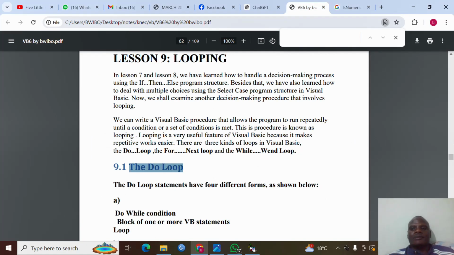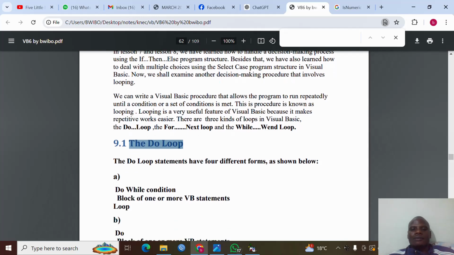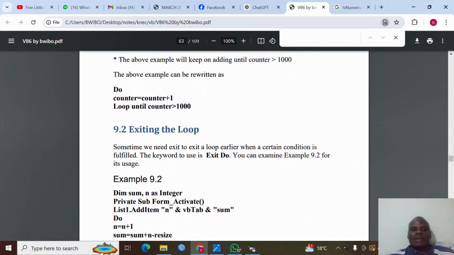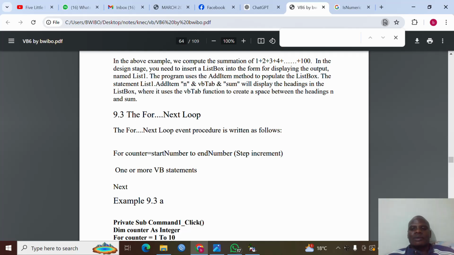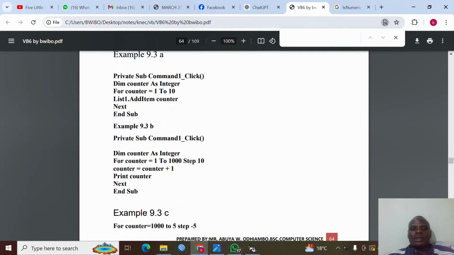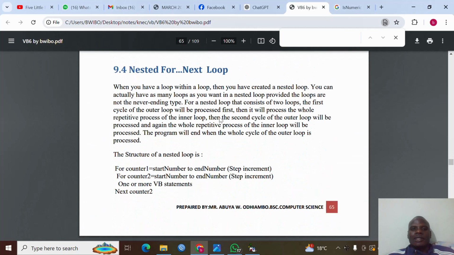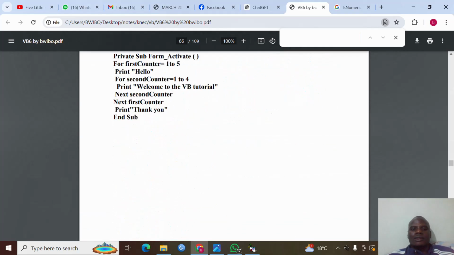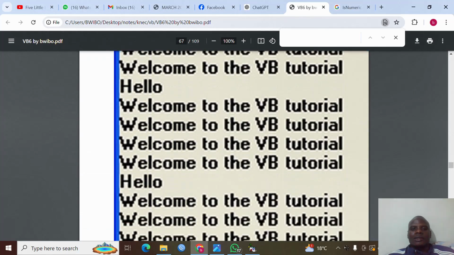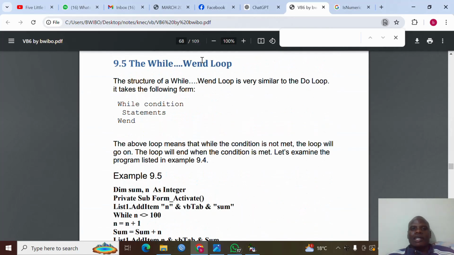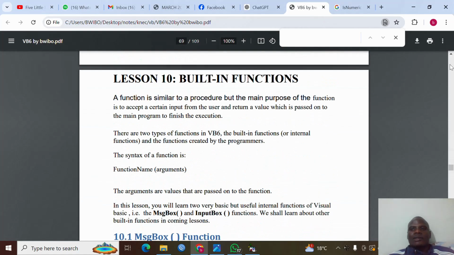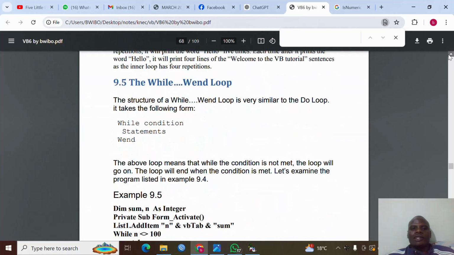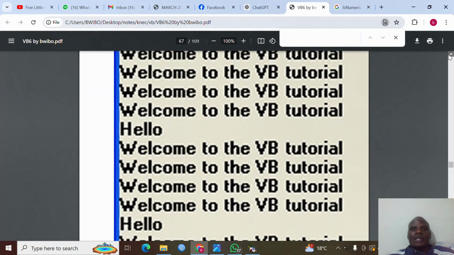The do loop, the exiting the loop, the for next loop. The nested for next loop, another one. Okay. The while loop. Okay, yeah. So also you can contact me so that I train you on that topic through